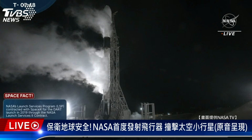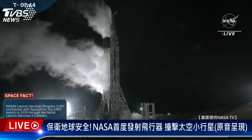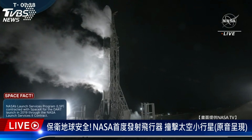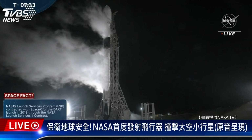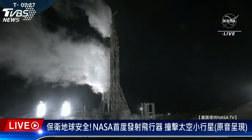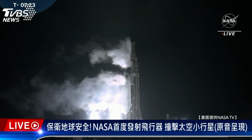The fairing holding the DART spacecraft another 43 feet. On top of that, the DART spacecraft, only the size of a vending machine, tucked safely inside that fairing. And that venting going on is normal venting of liquid oxygen off the side of the rocket as we are well into the fueling process and just T-minus 7 minutes, 30 seconds away from liftoff of NASA's very first planetary